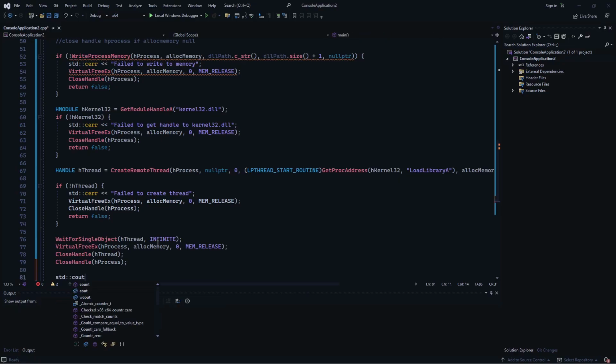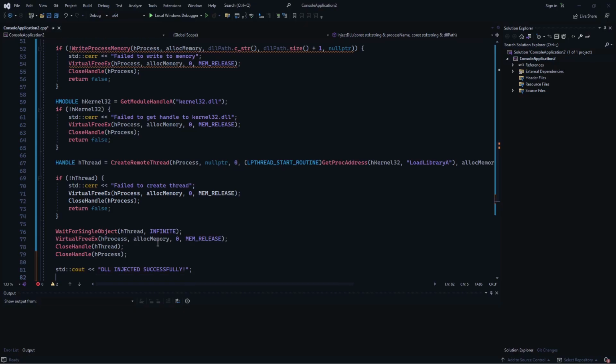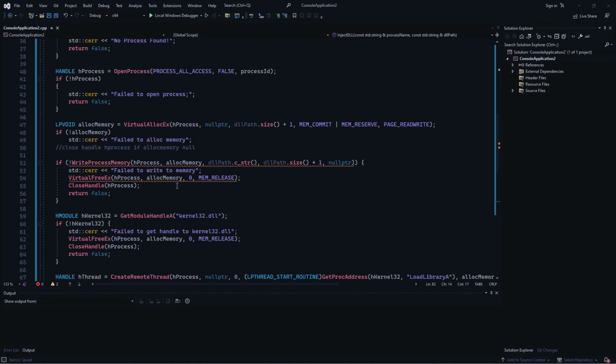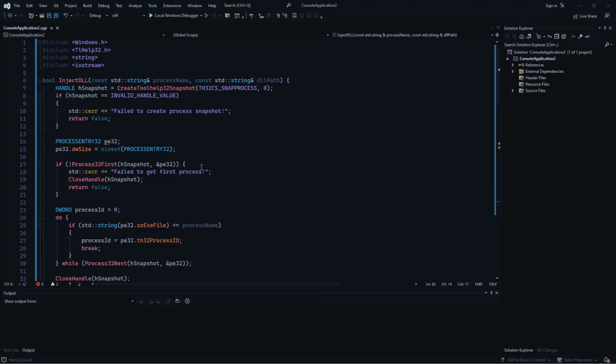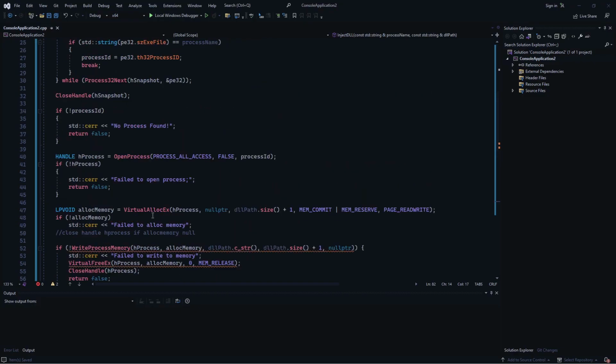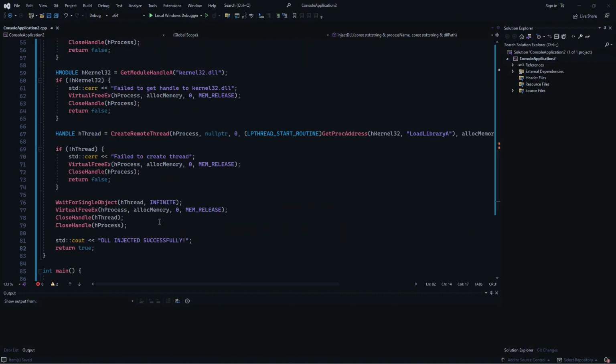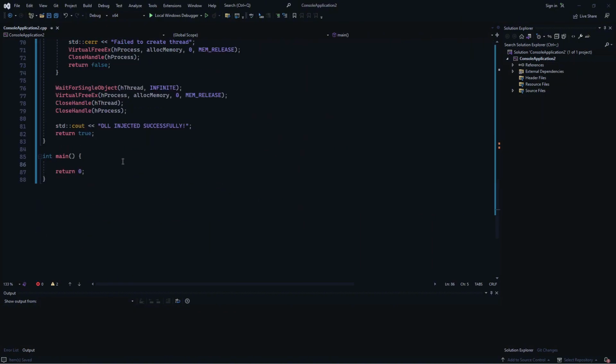We can do a cout at the end. Let's say DLL injected successfully. Did I write that? All right, yeah, I wrote it. And now we can return true at the end. Literally there are more lines for debugging and cleaning up than actually injecting the DLL, but in our int main